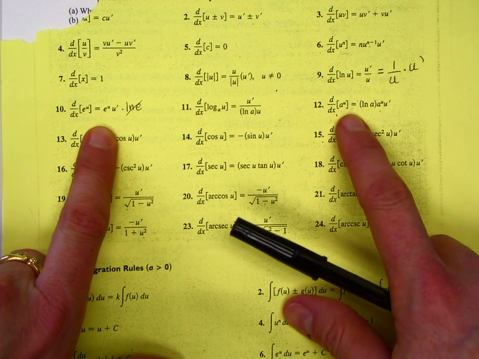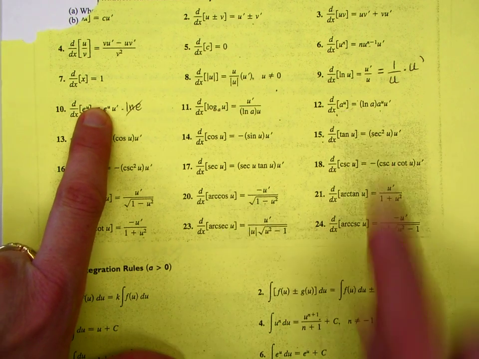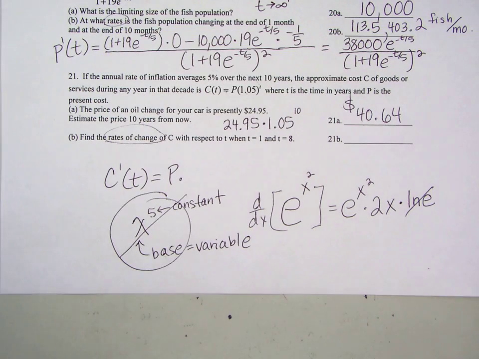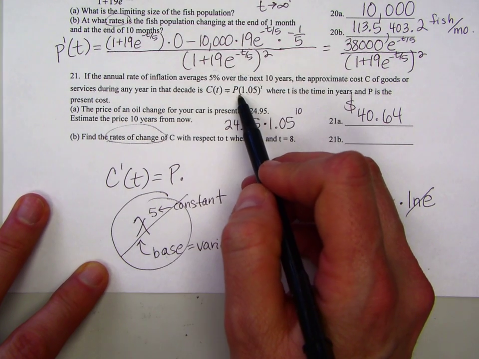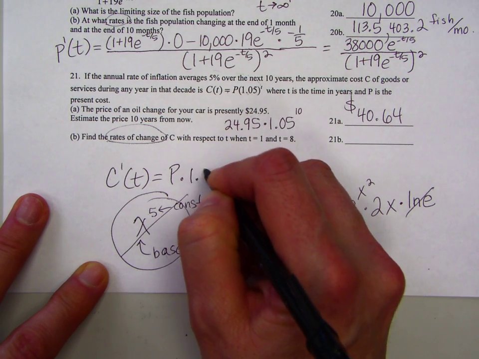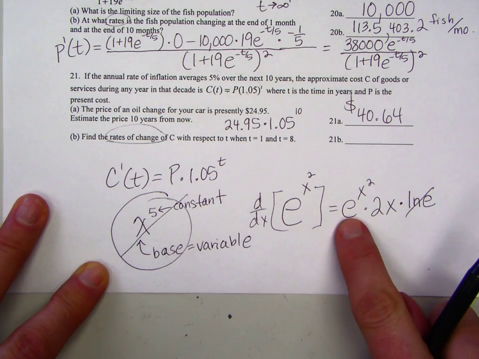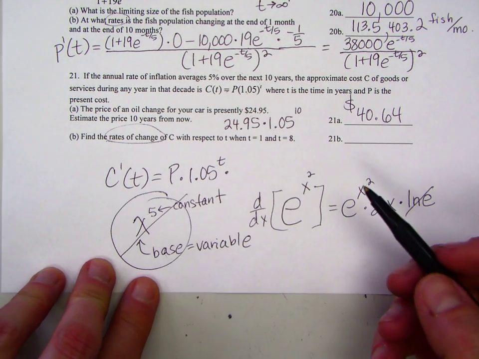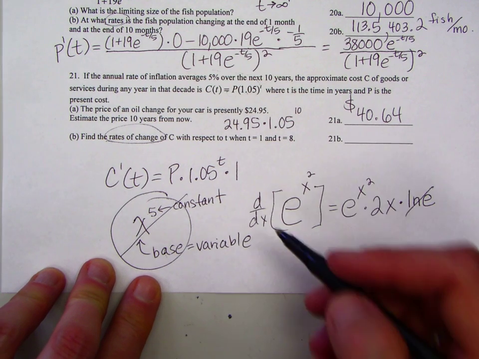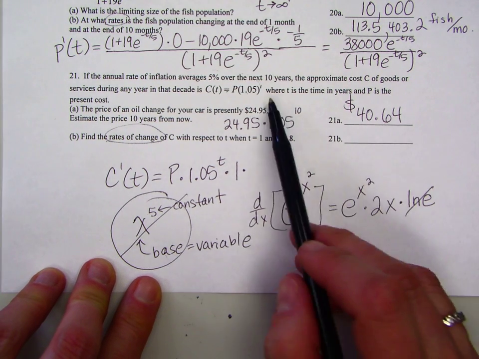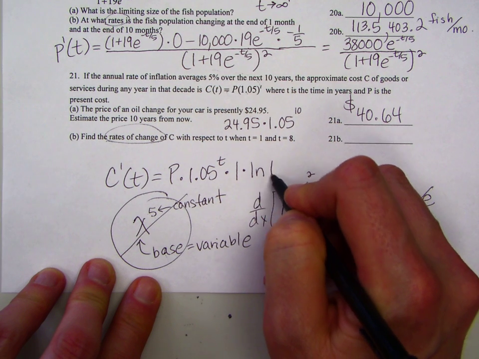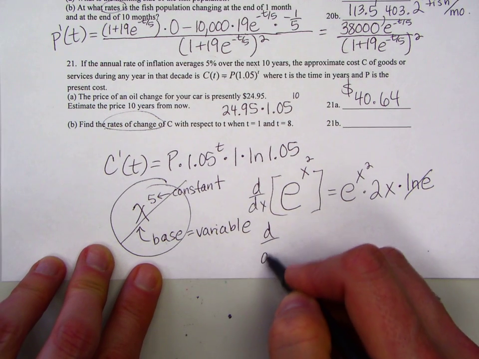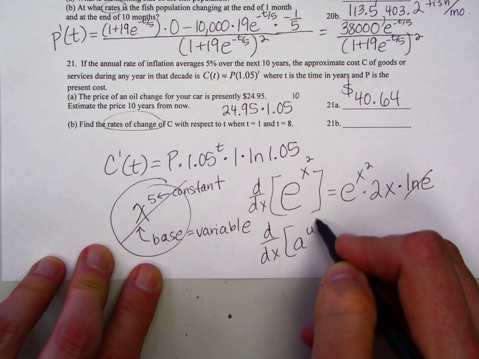12 is the rule we're going to use, but instead of a base of e, we have a base of a. But remember from our little notes up here, a is a constant, okay? So our derivative is going to look like this. P for the constant multiple rule times 1.05 to the t. It still stays the same base to the same power like it does here, okay? We multiply by the derivative of the exponent, which is 1. And then here's the new part. When we don't have a base of e, we do have to multiply by the natural log of 1.05. Okay. So again, that's this rule. The derivative of a to the u